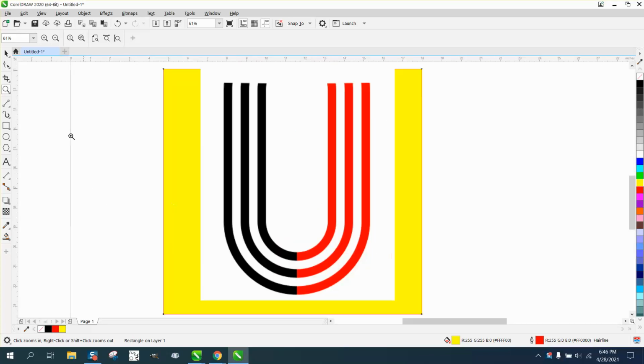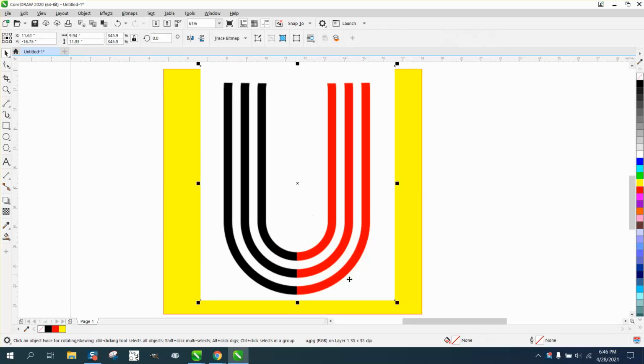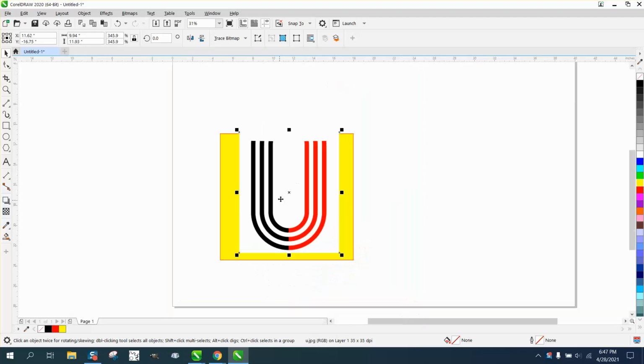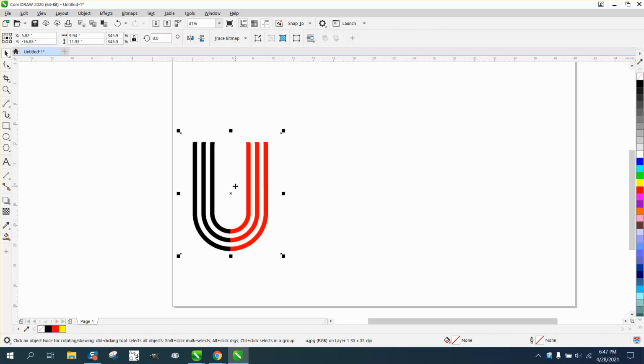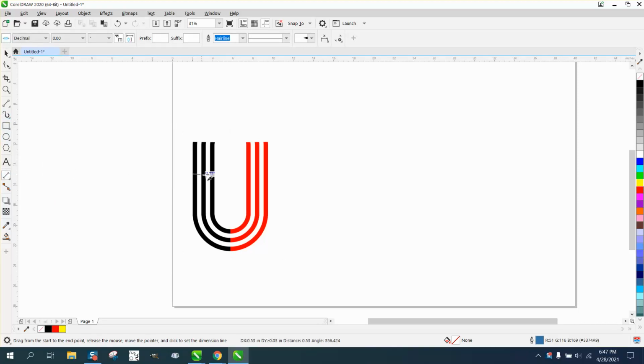Somebody sent me this JPEG, and wants to know how to reproduce it. I actually think it would probably trace, but if we want it exactly, we can measure. We can take the parallel dimension tool and go from about that line to about that line, and we're going to get